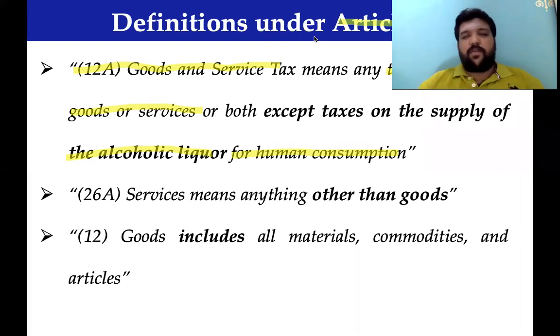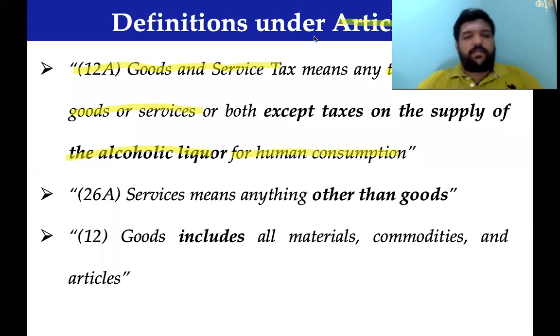If you ask me what products the state government has power to tax, no other product, only one product, which is alcoholic liquor for human consumption. So we all will remember that all goods or services are liable to GST except alcoholic liquor